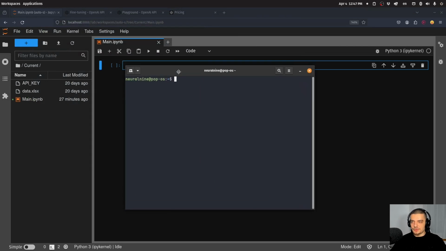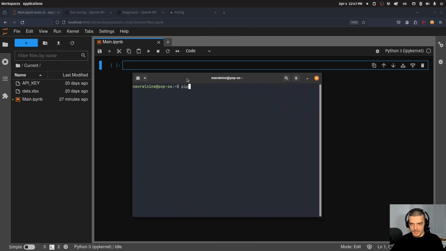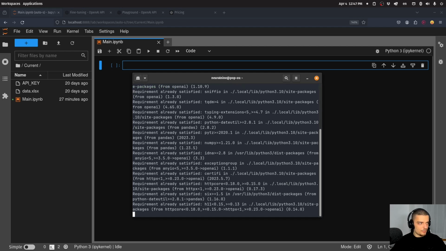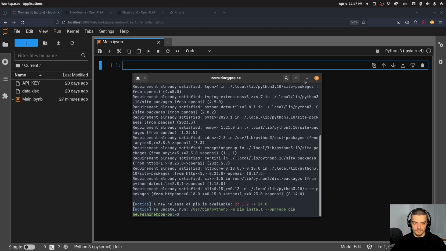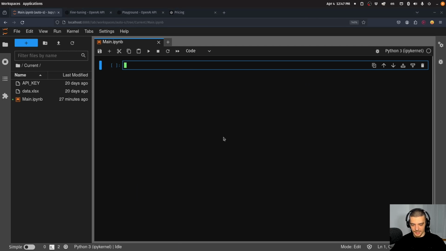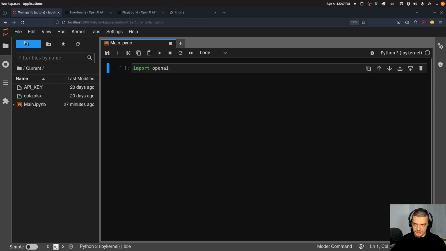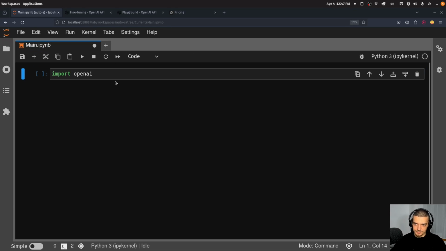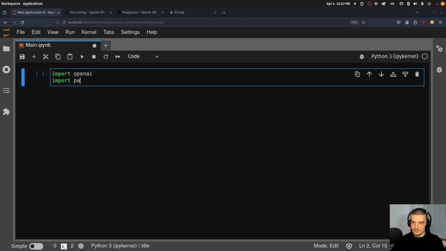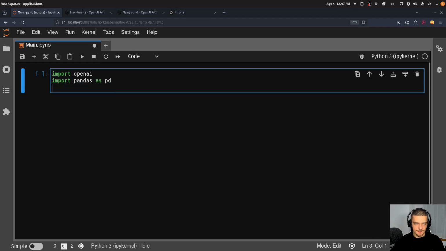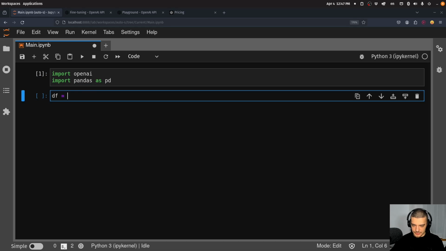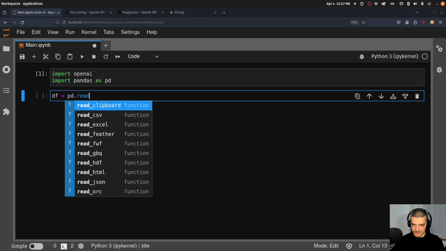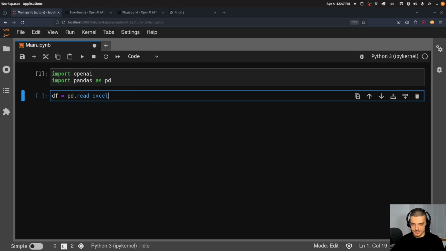So what we're going to do is we're going to open up the terminal, and we're going to type pip or pip3 install OpenAI and also pandas in my case. And then we're going to put our data into the format that is necessary for OpenAI. So we're going to start by saying import OpenAI. Let me maybe just zoom in a little bit. Import OpenAI, import pandas as pd. And then I'm going to load the data set here by doing pd.read_excel